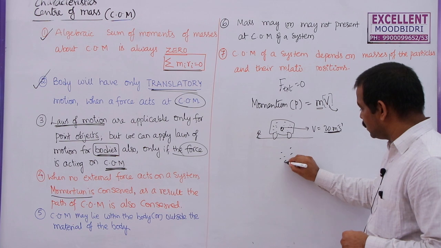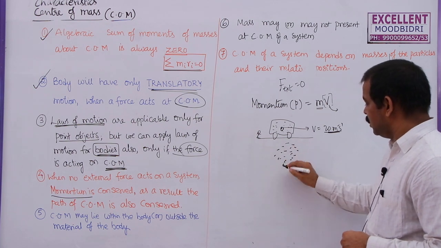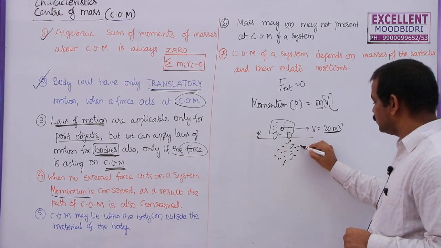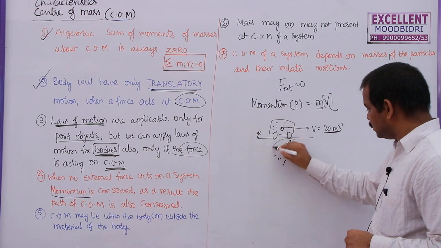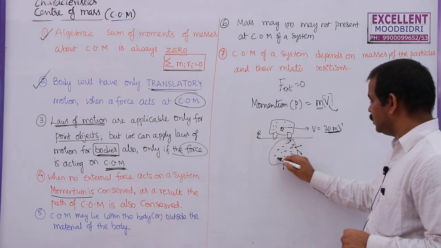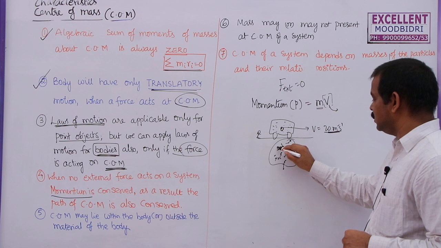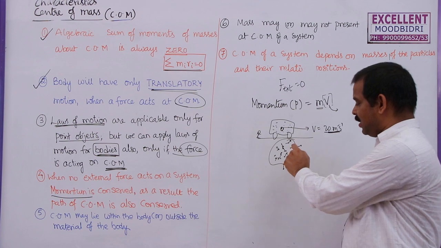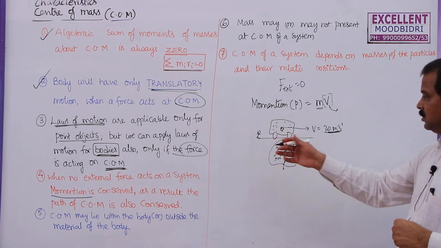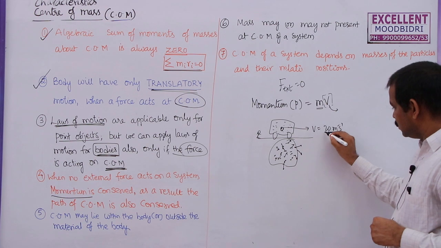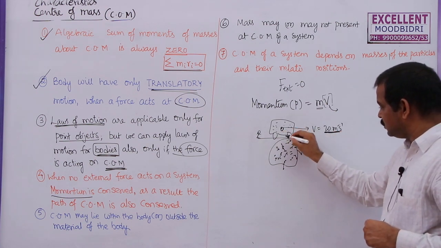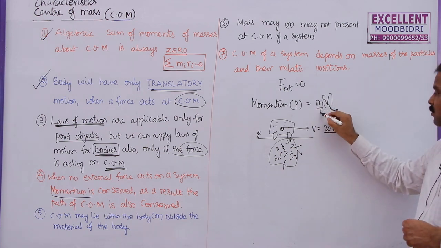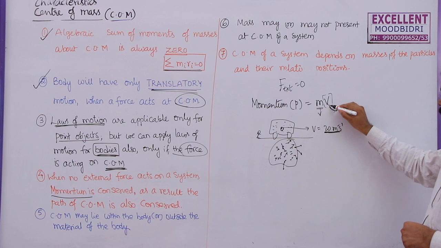But if you take some dust particles which are traveling in different directions, one moving in this direction, another in this direction, another in this direction, all this is a system of particles. In this, different particles have different velocities. So what is the center of mass of this system? We will learn how to find the velocity of the center of mass of a system later. Here, this 20 meters per second is the velocity of the system. Here momentum is conserved, which means velocity is also conserved. Mass is always conserved, so velocity is conserved here.